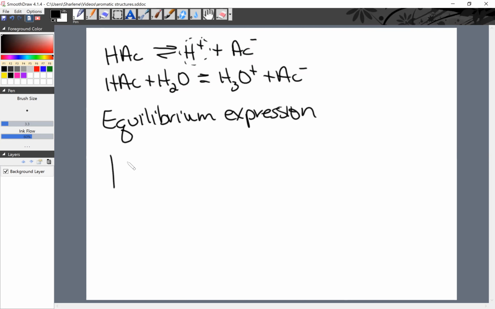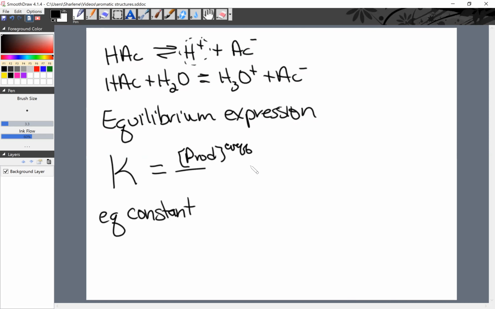What is an equilibrium expression? It starts with an equilibrium constant, and that is a capital K. Rate constants are given the small k, but equilibrium constants are a capital K. Now that is going to be the products' concentration raised to their coefficients. Oh, that's different than kinetics. Yes, it is. Divided by the reactants to their coefficients. So for this particular equation, the K is equal to, I'm going to do the long one,